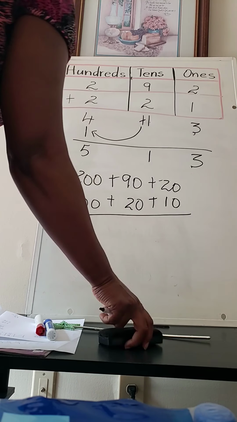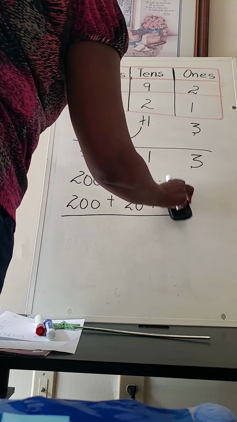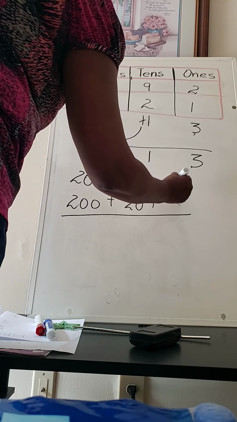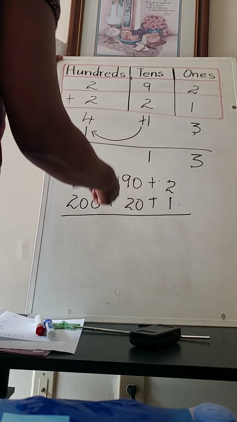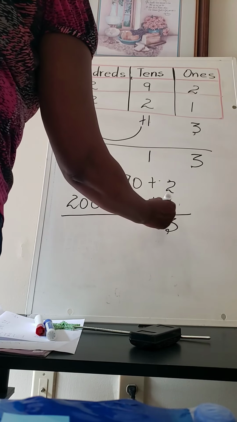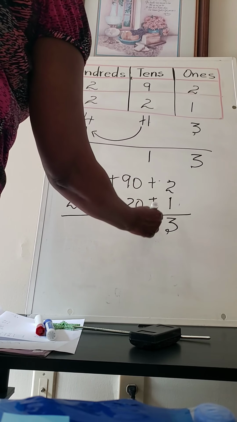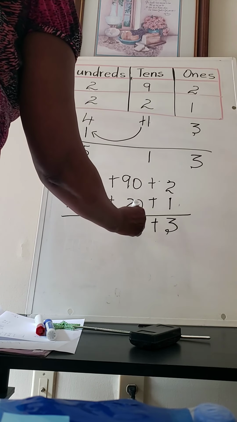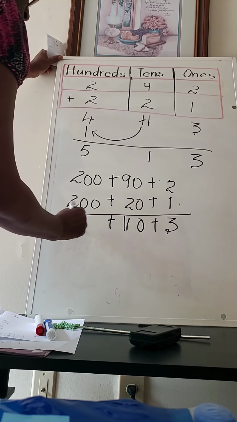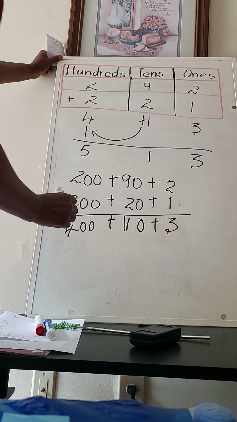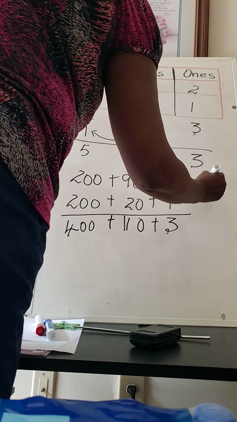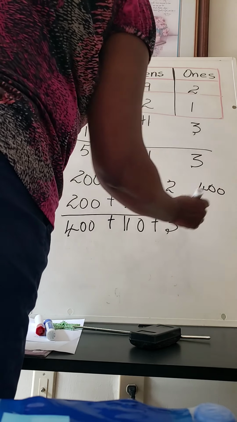No, I'm sorry, not 20. 2 plus 1. So 2 plus 1 is equal to 3. 9 and 2, 11 plus 400. We can write it out at the side, and we have our 400 plus